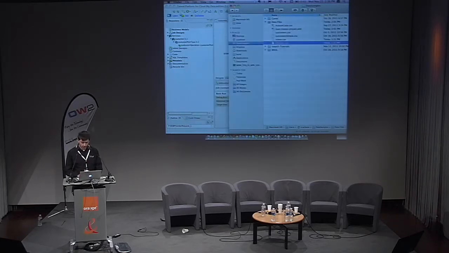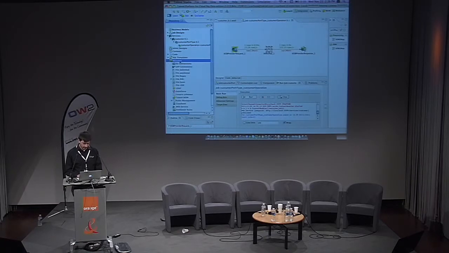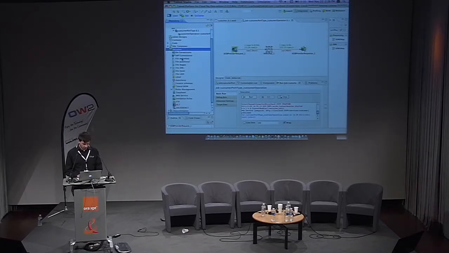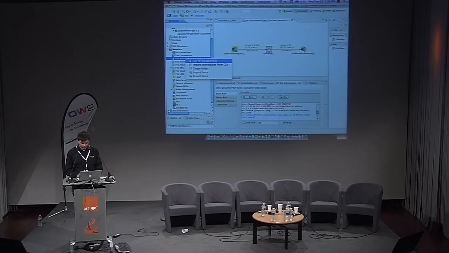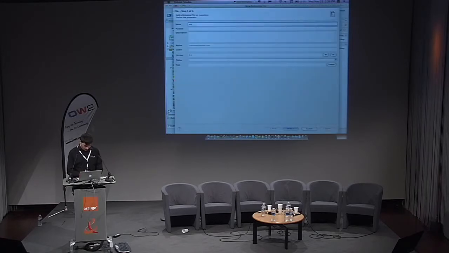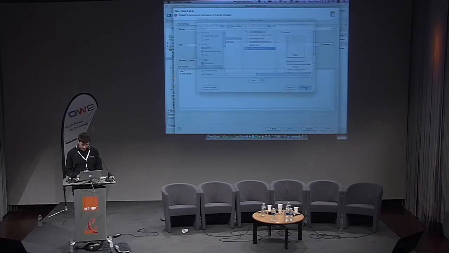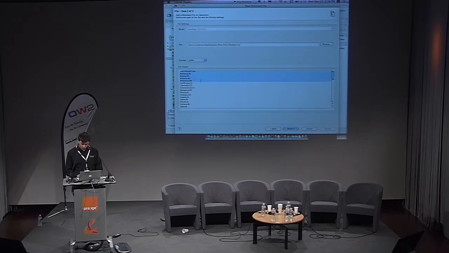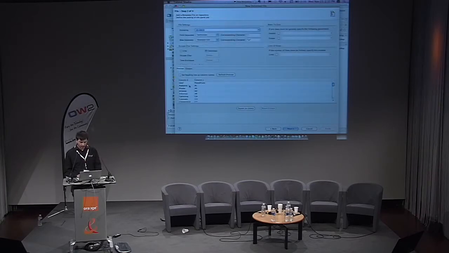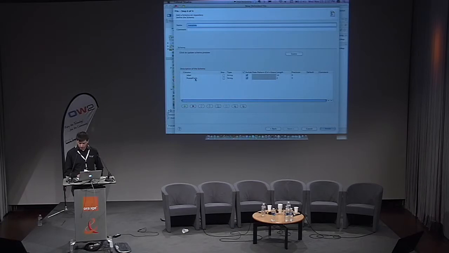So the first step is to declare the file in the metadata layer of Talend. It's a delimited file, a CSV in fact. So it's states. I will browse to US states, okay. So I can see here a preview. In fact, the first row in this file is a header, so I will just check this checkbox. So I have two columns: one is label, the second one is postal code. It's two strings, okay. It's finished.